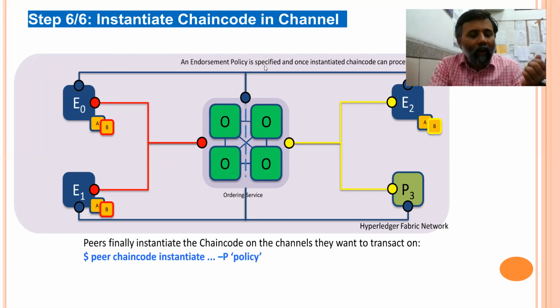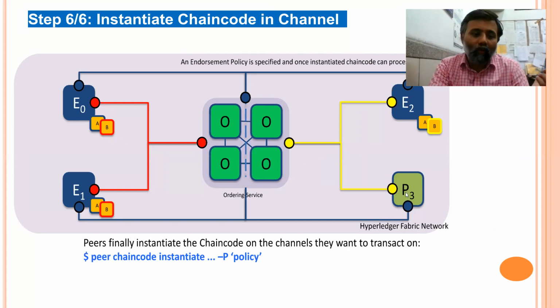And when we do this, we will use a certain kind of endorsement policy. So the peer finally instantiates this chain code on the channel, and corresponding to that, a certain policy is used. According to this endorsement policy, the endorser will behave, and it will be validated according to this endorsement policy